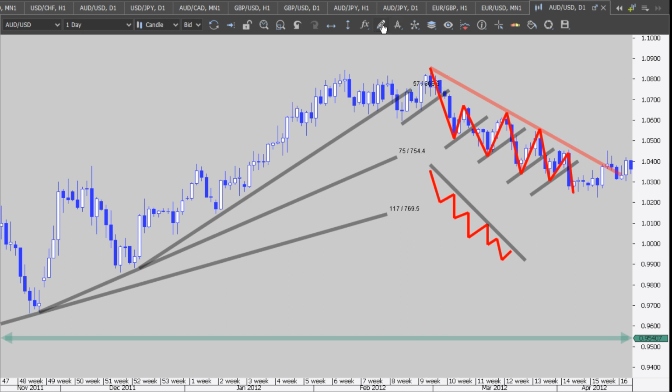Because now that the market broke our downtrend line, something is to be expected. What is going to happen here? Most likely,